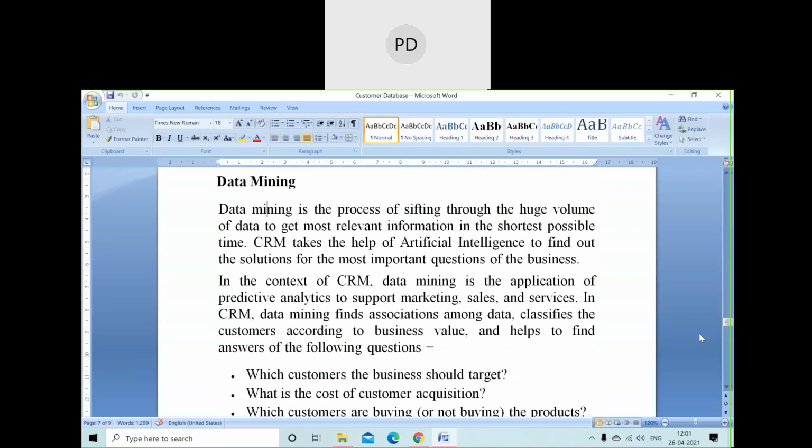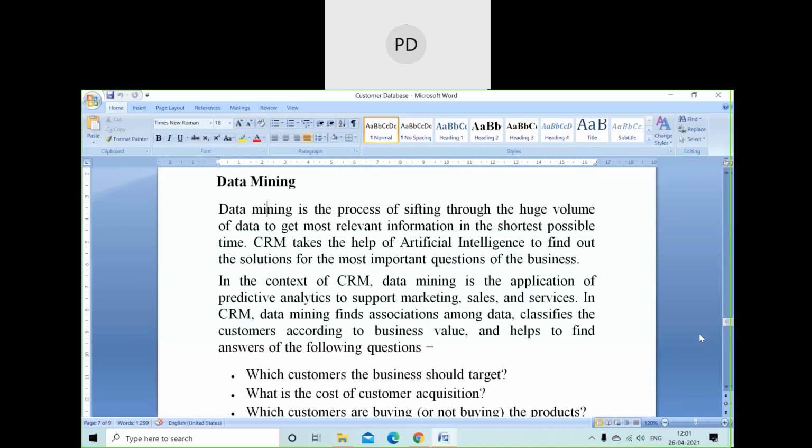So basically in data mining what you do is you put some keyword and get some relevant information about that particular thing. For example, I tell you in Google how you have to search. You have to put some keywords, and then the relevant information is going to come out, right? That is also an example of data mining. You put some keywords, and then the information of that particular keyword is going to come in front of you. That is a kind of data mining.